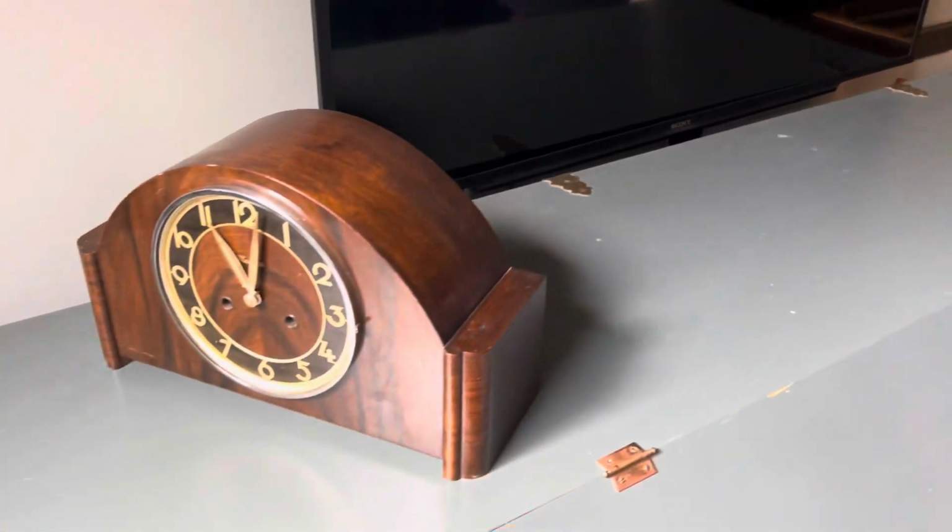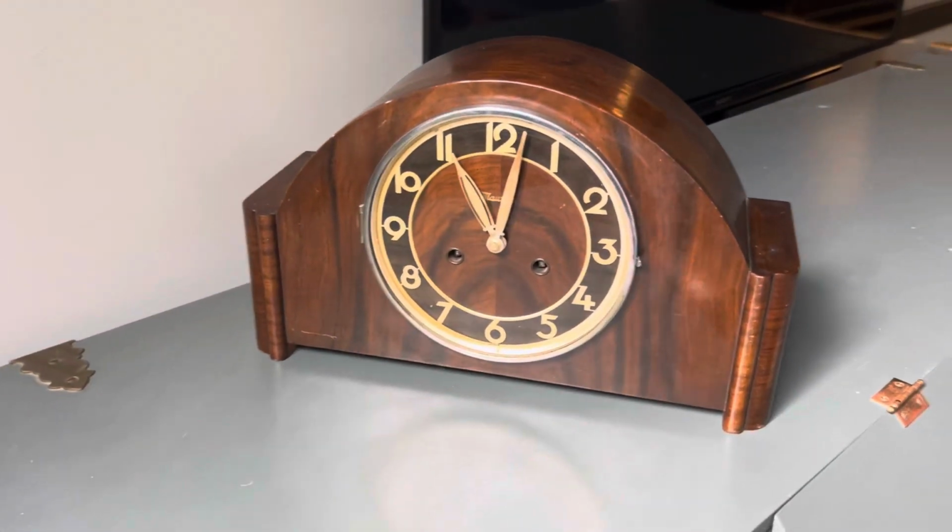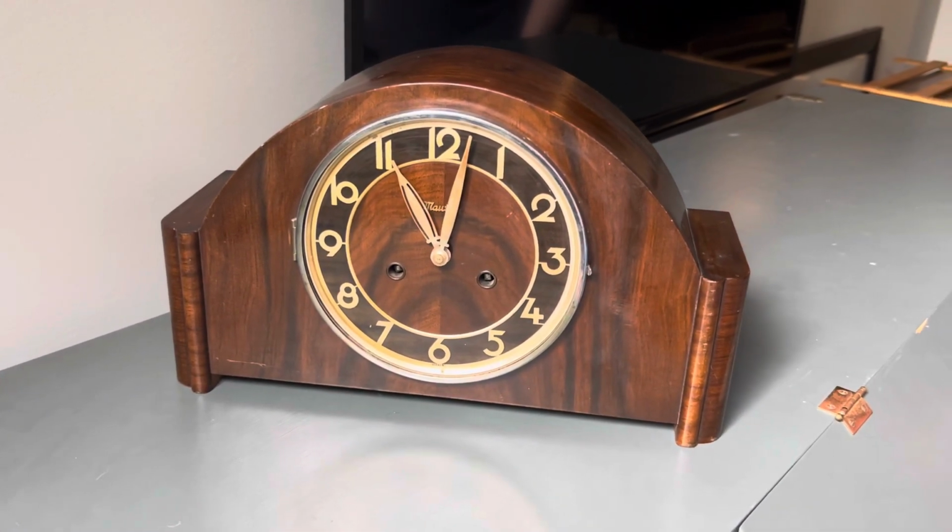And I'm starting to discover that here in Canada, Mauthe must have done great business, because there are so many clocks by Mauthe just scattered all over the provinces, it seems. But anyways, I got this one in a state of advanced delubrication. It was making some really scary grinding noises, but